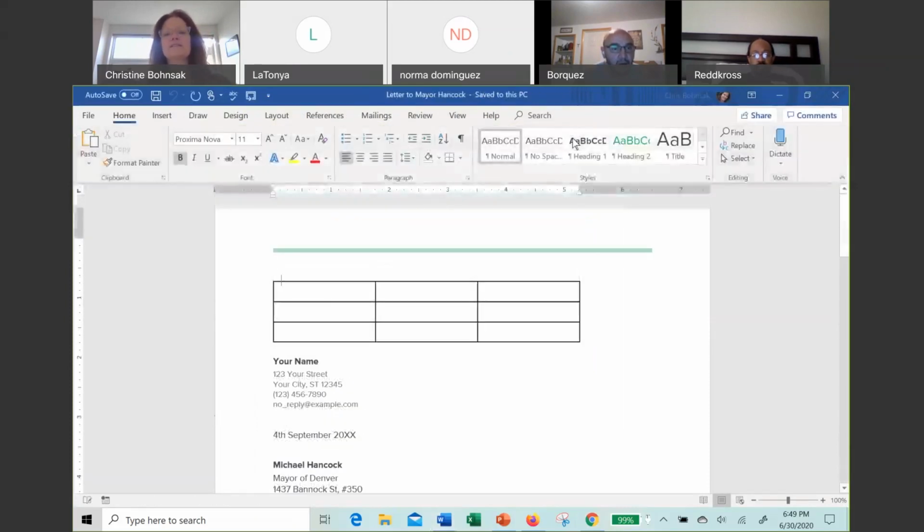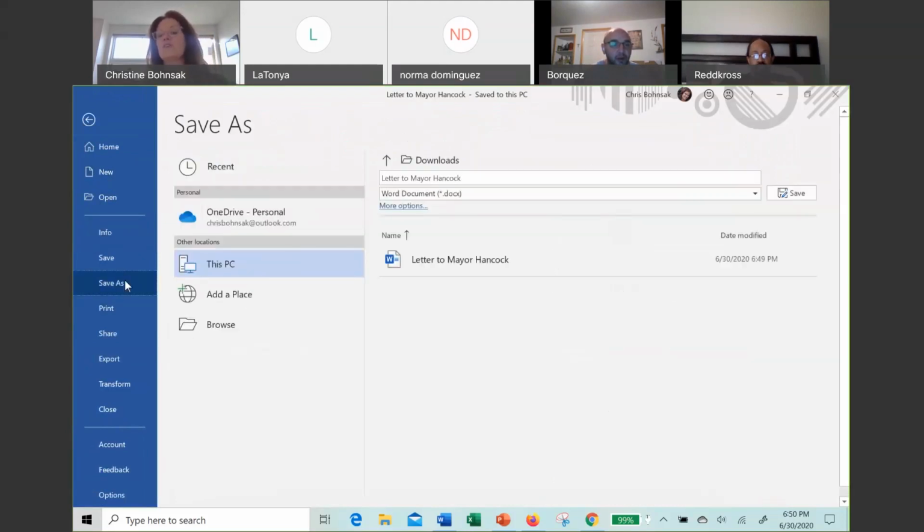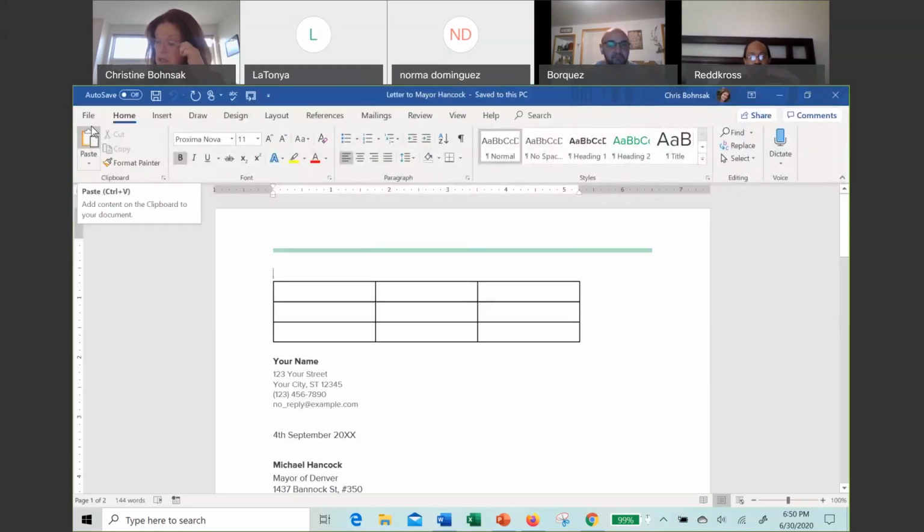I'll enable edits. Now I get my full screen, and I probably wouldn't want to keep this file in my downloads folder. We talked about the downloads folder last night, okay? I would probably want to move it somewhere so that I have easy access to it. So at this point, I probably would want to do a file save as and say where I want to move that file to. All right, so that's